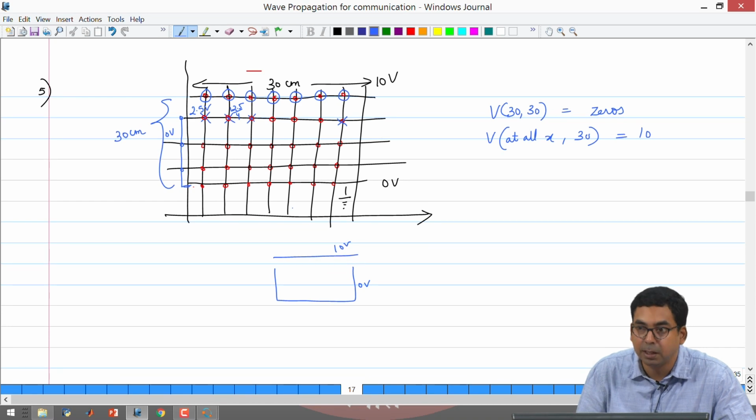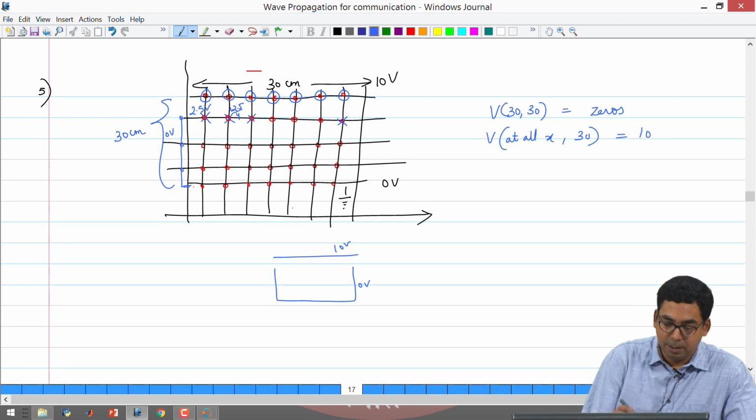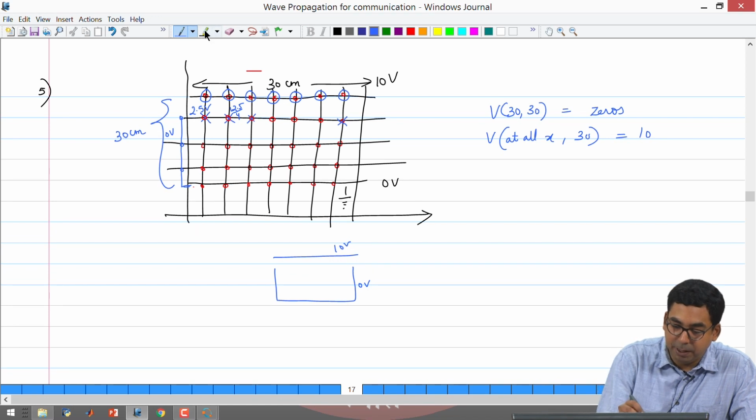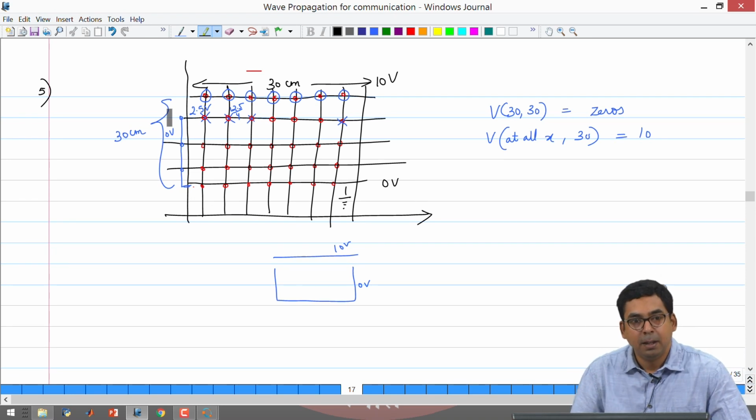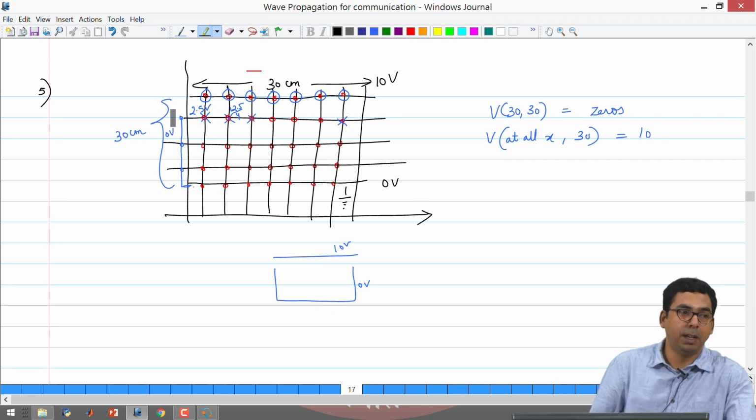We have divided this region into a number of XY grid uniformly sampled, and we started to begin. We come to the first point where we do not know the value of the voltage. It was originally 0, but we look at the neighboring points: 10 volts on the top, 0 volts to the right, 0 volts at the bottom, and on the left hand side there was no point. We assumed that if we are not aware of the voltage at any point, we are going to make it 0. So, the left hand side, since there is no point, we make it 0 volts, and this particular boundary condition is known as a Dirichlet boundary condition.